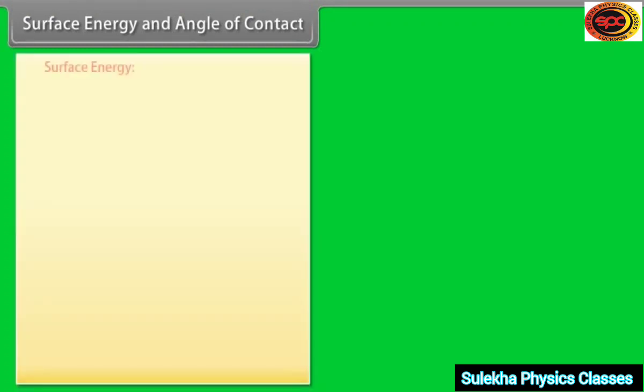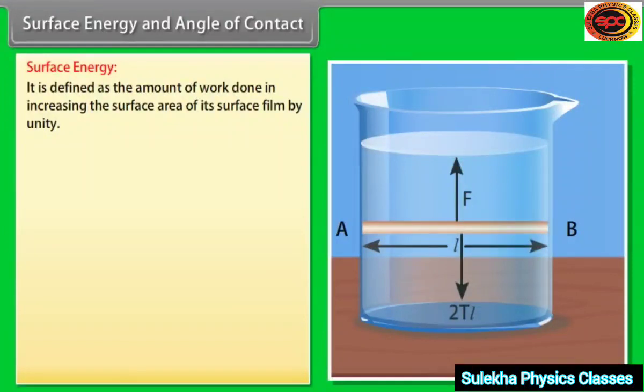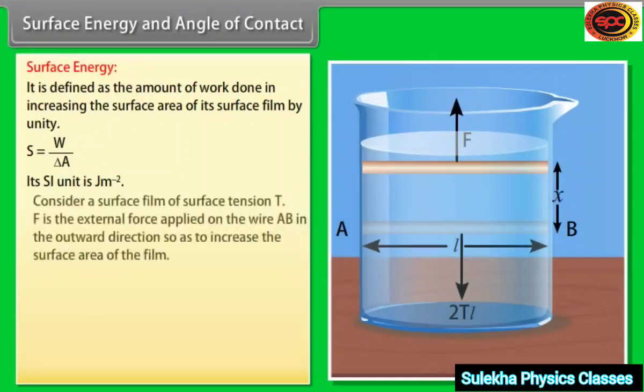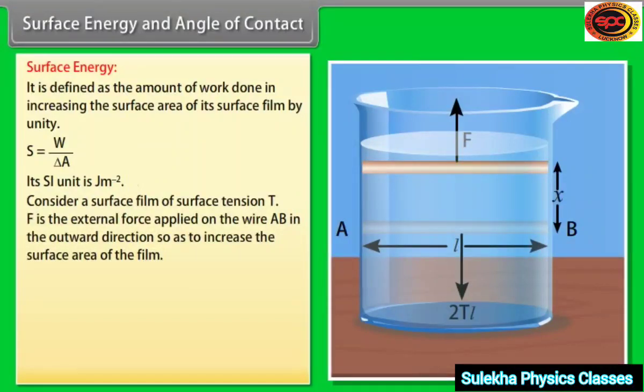Surface energy and angle of contact. Surface energy is defined as the amount of work done in increasing the surface area of its surface film by unity. Surface energy is equal to work done divided by increase in area. Its SI unit is joule per meter square. Consider a surface film of surface tension T. F is the external force applied on the wire AB in the outward direction so as to increase the surface area of the film. Then, the surface energy of the film is given by: